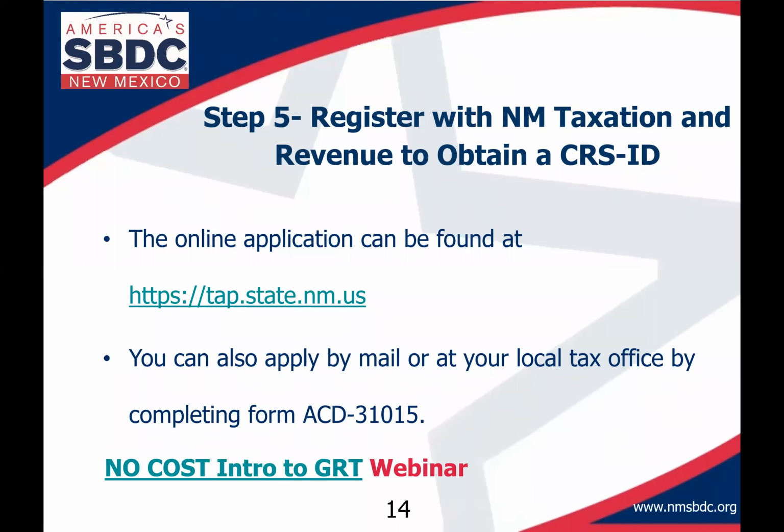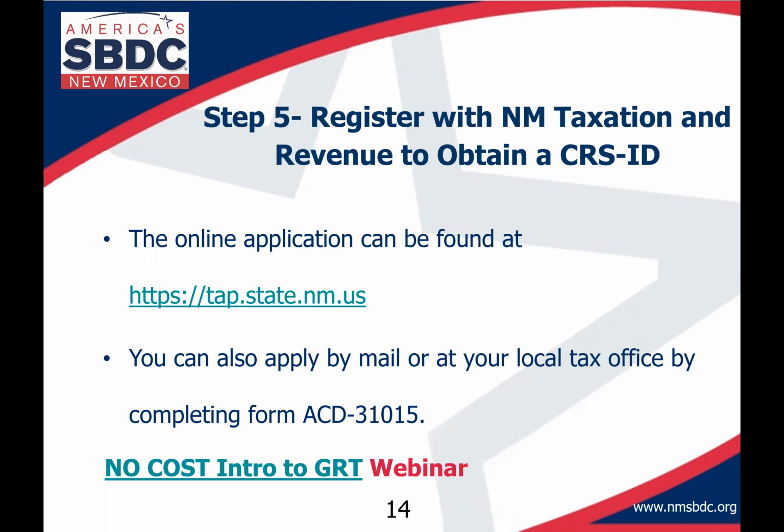If gross receipts tax is a new term for you, you might recognize it as the tax you pay whenever you buy goods or services in New Mexico. It's usually around 8% and shows up at the bottom of the receipt. At least my receipts from Walmart show it. The online registration form is free to complete, but you may want to seek the advice of a certified public accountant when completing the application.